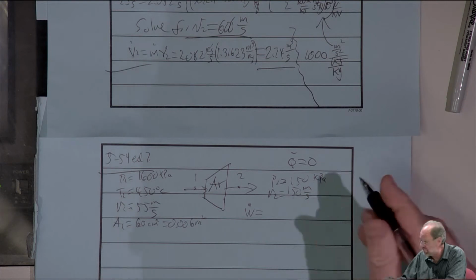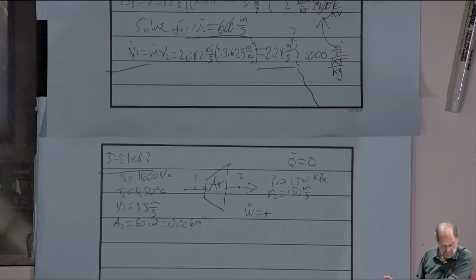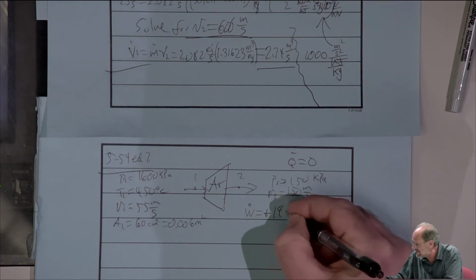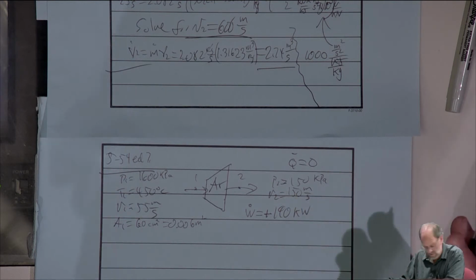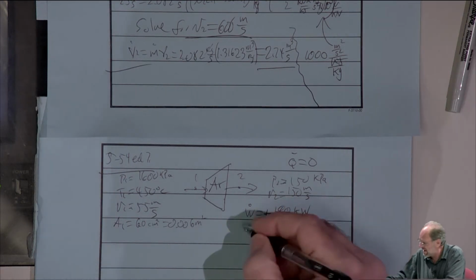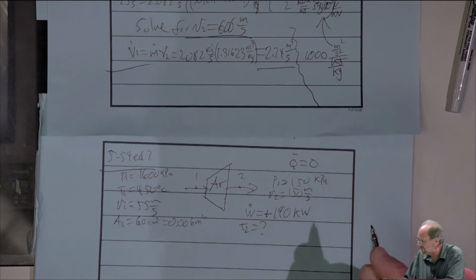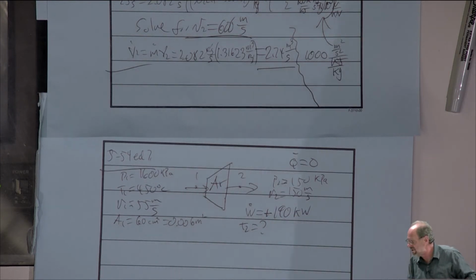And this is power output, so it's a positive term. I like to put a plus sign just to remind you about that. That's 190 kilowatts. And we want to find the exit temperature of the gas. Now here,